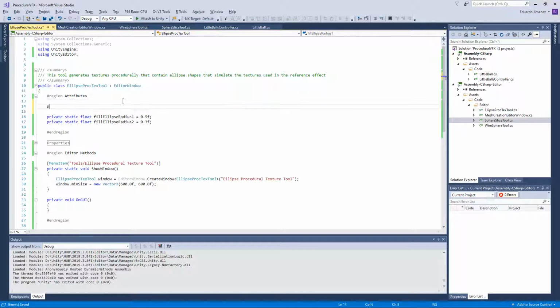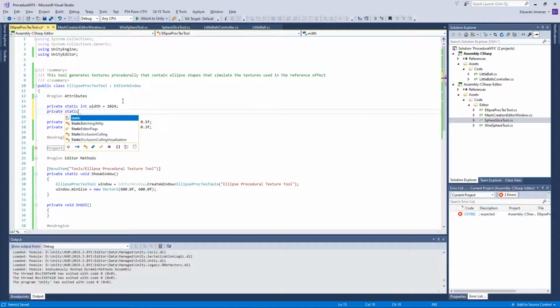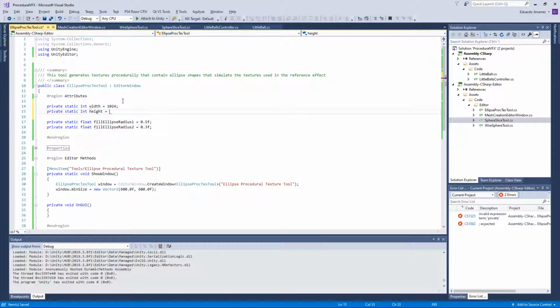Oh, private static int width, which is 124 for instance. Private static int height, 512 for instance. Let's make it smaller for starters, maybe. Yeah. This is the size of the texture that we're going to be using